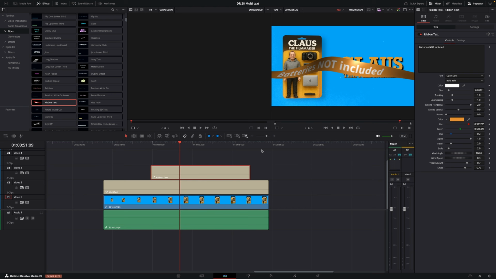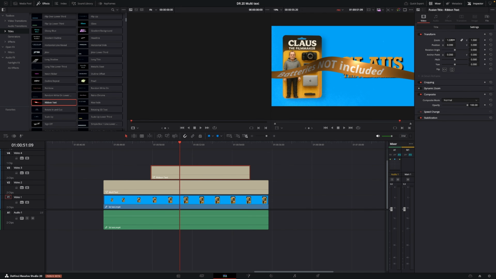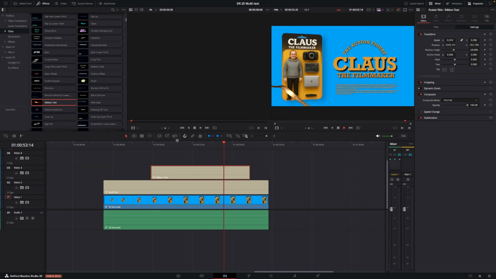So I'm going to select this and go into the settings and zoom this down. And if I click on this icon here, I can change stuff around. I'm going to make it from the side. It doesn't have to be very big actually, something like that. So I kind of want to have this coming in from the side and then just disappearing. And I'm going to adjust it a little bit so we are not going to see the corners, something like